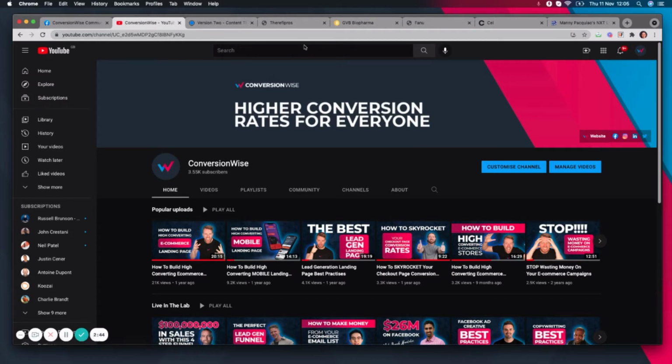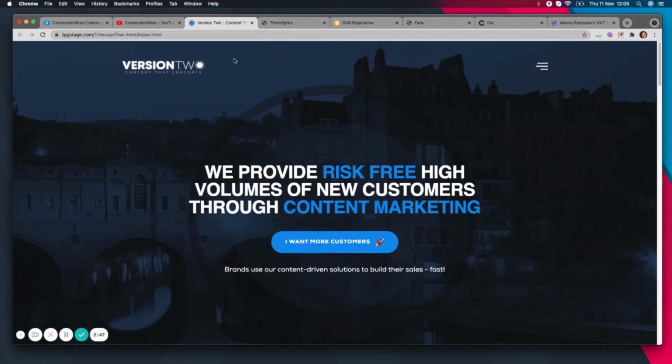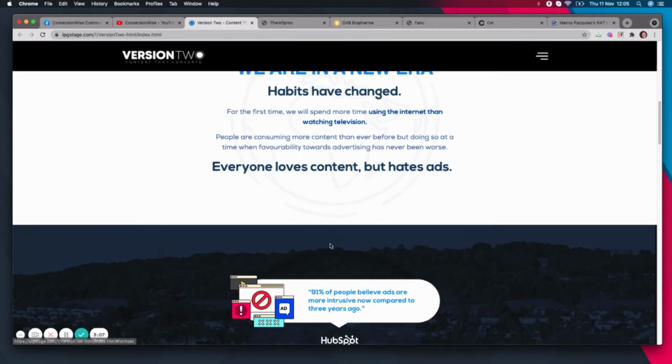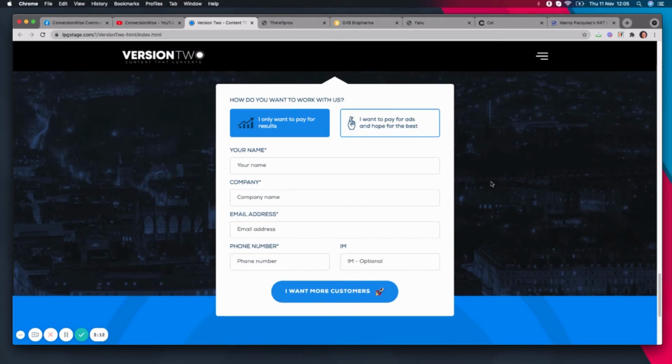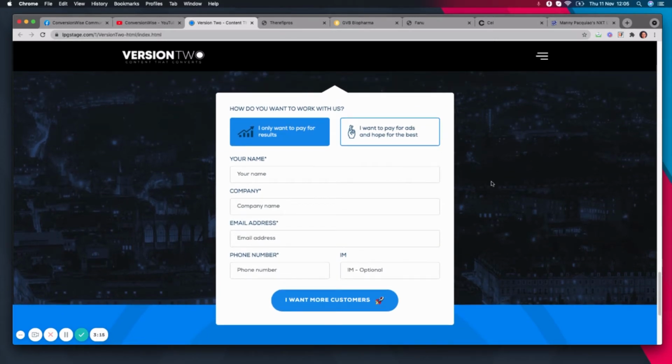So let's look at lead generation. If we look at this particular page here, this is what you would call a direct response single step lead generation form. So this would be absolutely awesome for your PPC traffic. So just make sure that you're directing them from that link to this page. And it's where you want them to take one action. So for example, here, this is a very simple, very effective form fill. So this is a landing page. This has one page, one function, and in this case it's to capture some information and obviously get that lead.